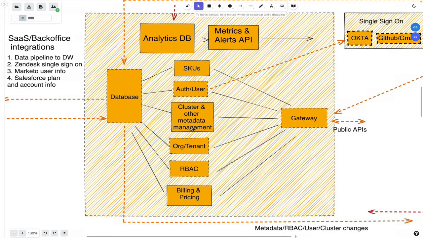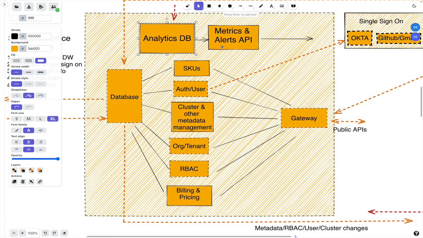And in some products, you might even have SKUs that define which tenant or organization gets what features, depending on what SKUs they have chosen in your product. So it's a combination of billing and access controls. And finally, you also have an analytics system exposing all the usage data for your customers,